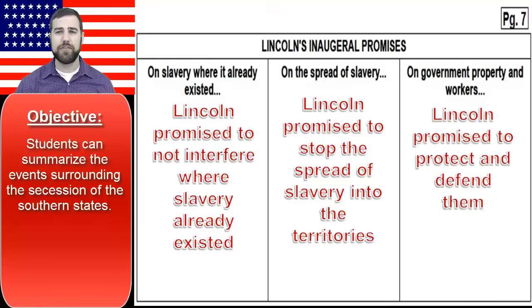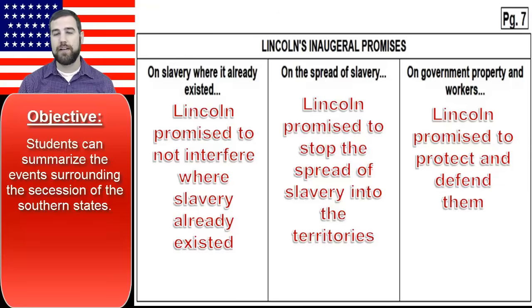And then when it comes to protecting the United States government and our workers, Lincoln promised to defend and protect them. So if the Confederacy attacks any United States bases or any American citizens, then he would say, you have started this war, and as the President of the United States, I'll have the right to go against you for that. And so Lincoln is going to close his inaugural address with,